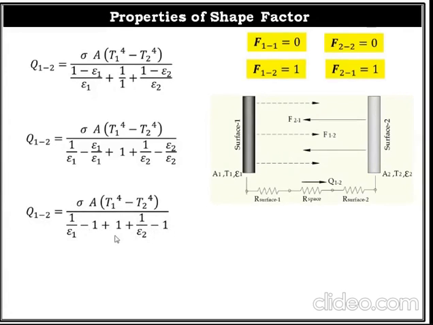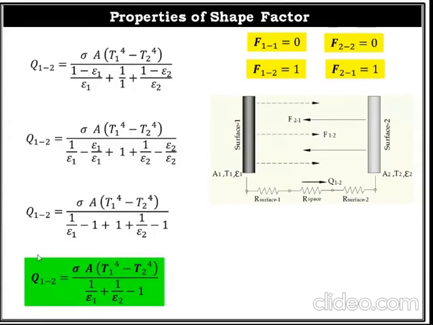So plus 1 minus 1 get cancelled. So the final form for this configuration, rate of heat transfer from 1 to 2, is sigma surface area T1 raised to the power 4 minus T2 raised to the power 4,